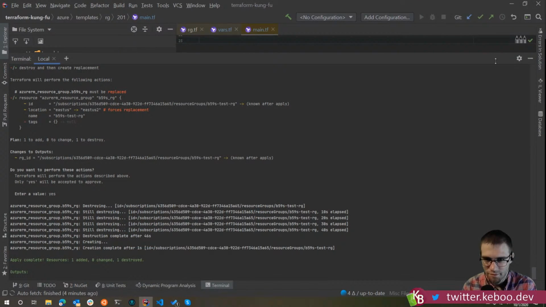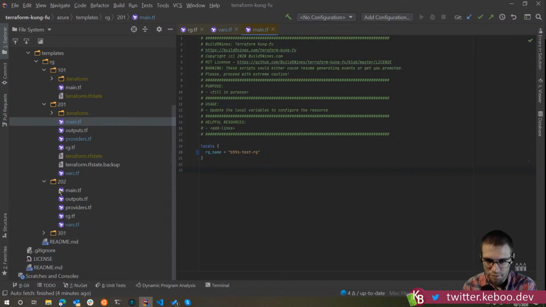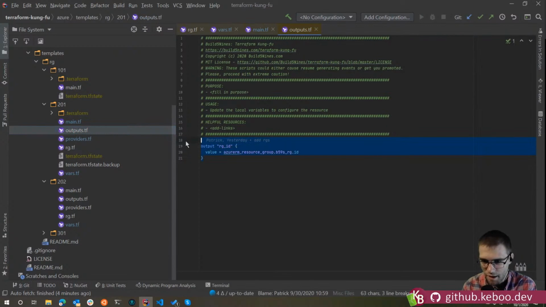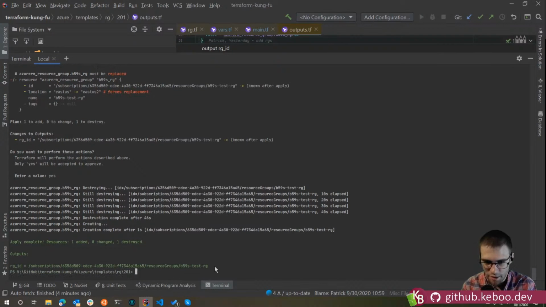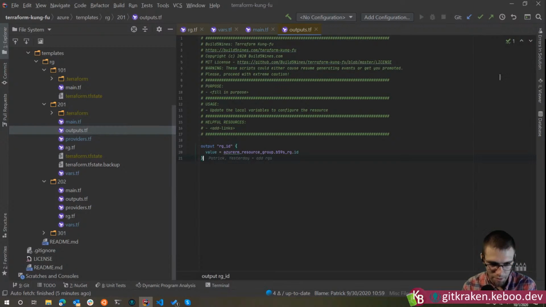Just to close out what we did with the other two. So here we basically introduced the idea of locals and variables, right? And also having outputs too. Oh yeah, I forgot about the outputs. So there is an output here, and also this output here, just like you saw it on your last terminal run where it showed the output RGID there at the end. Ultimately, showing it on the terminal is nice, but again, that's a little bit of foreshadowing for what's to come. Well, and what's great is, the point of this output is not just to show up on that terminal,